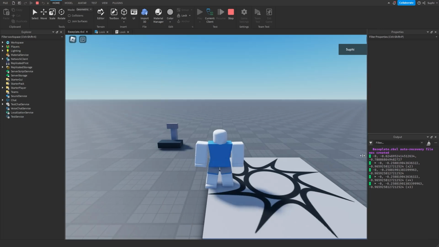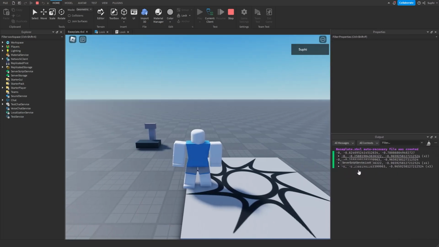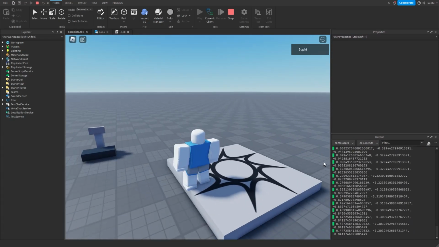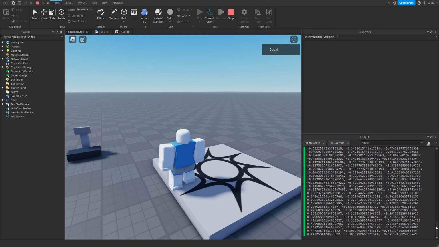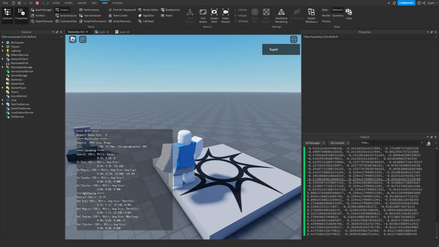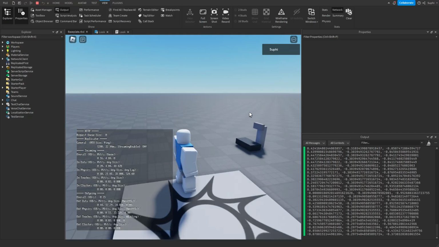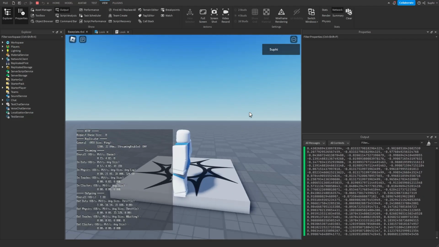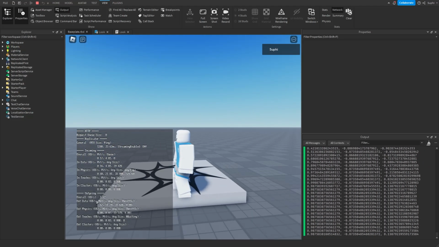So if we look at the output, we can see that these events have been sent. And if I rotate the camera, we can see that the events get sent. And we can see that quite a lot of events get sent. So if we go into View and Network and look at the overall outgoing, we can see by default we send around 0.2 kilobytes a second. But if I start rotating the camera and we look at the overall output, we can see it increases to